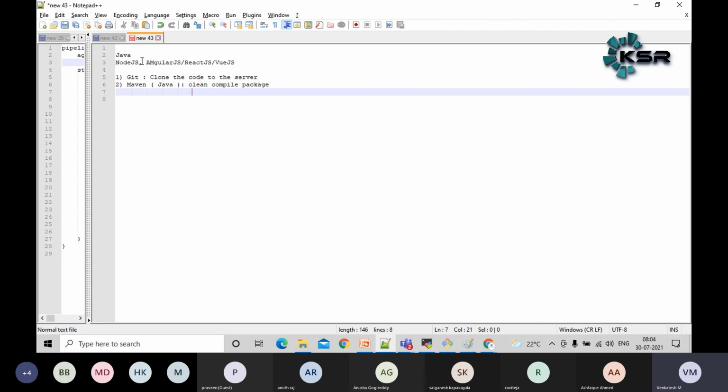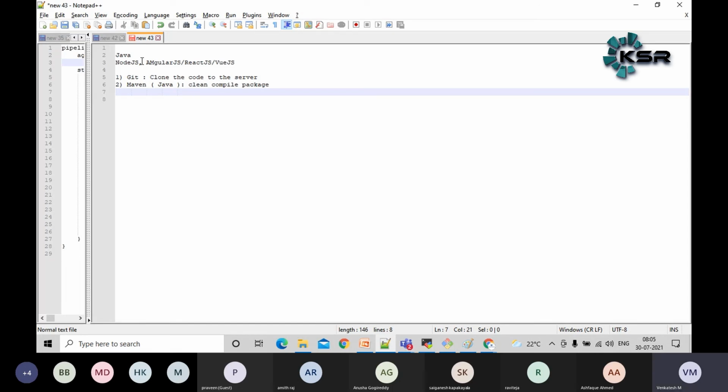We are using Maven as a build automation tool to compile all the code in real time. You will have hundreds of .java files. So we're going to create a Maven package and compile it. Finally, we're going to create a package which can be deployed on a server. That may be Tomcat, WebLogic, or a basic Java app, anything. Similarly, for Node.js we're going to invoke the npm module. There are also steps: npm build, npm install. For Node.js also, we need to follow a set of build commands.